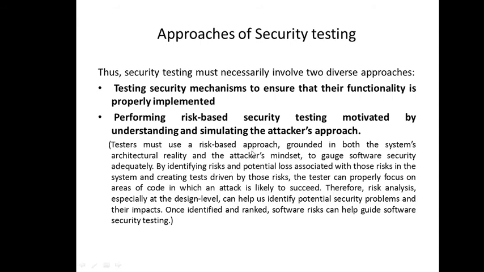Once you identify the attacker's mindset, that is the area where he is focusing, that is known as the risk prone area. Identify all those risks, then go for assessment. What will be their impact and probability? How much will it definitely affect the system? Check its probability and severity. And once you identify that the impact is more and the probability is also high, then go for the abatement procedures to deal with those kinds of risks.